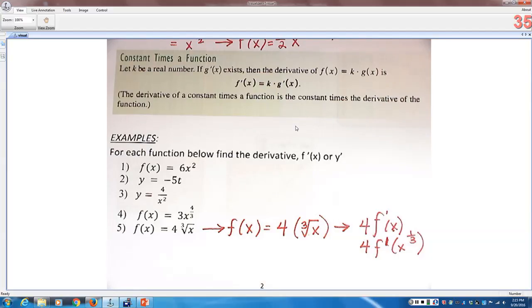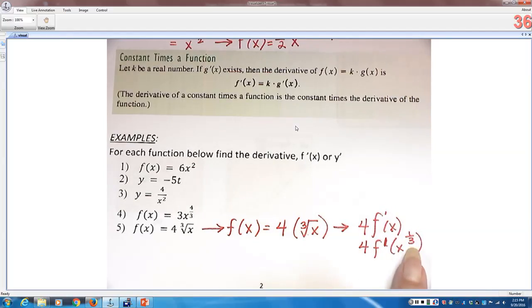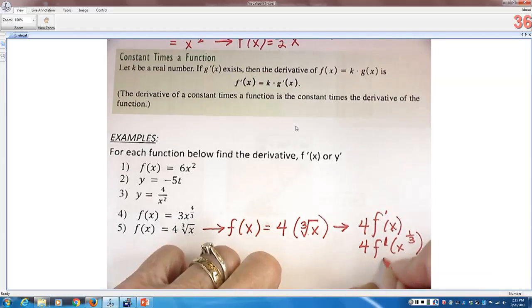I'll give you a quick way to remember the power rule. The power rule says drop and decrease, drop and decrease. Drop it in the front, decrease by 1. Drop it in the front, decrease by 1. So we're going to drop it and decrease it. So the derivative here is going to be 1/3